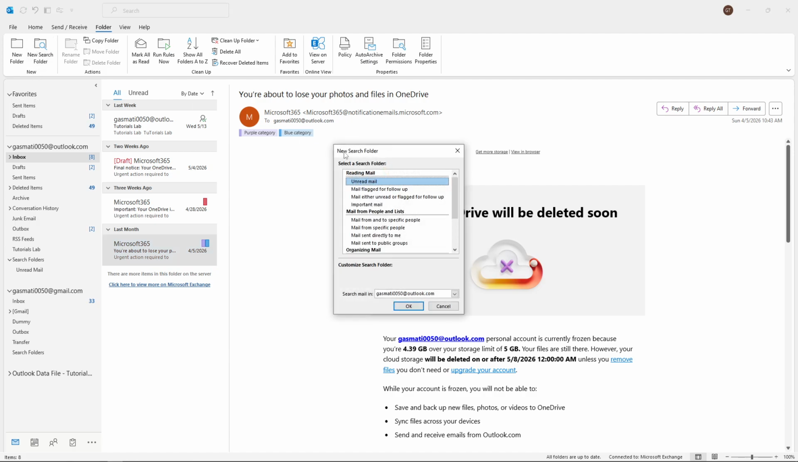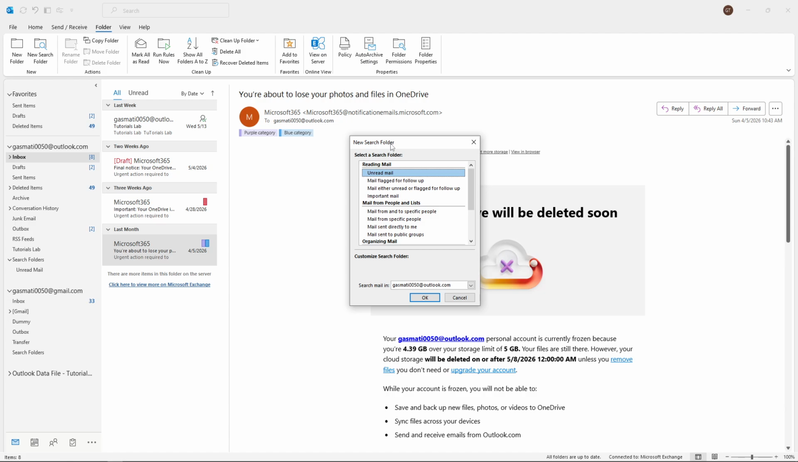This will open a new window with various search folder options that help you automatically organize your emails based on specific criteria. In the new search folder window that appears, you'll see several categories. Look for the section labeled Reading Mail, and under this section you'll find an option called Unread Mail. Click on it to select it. This option automatically filters and displays only the emails you haven't read yet, making it much easier to stay on